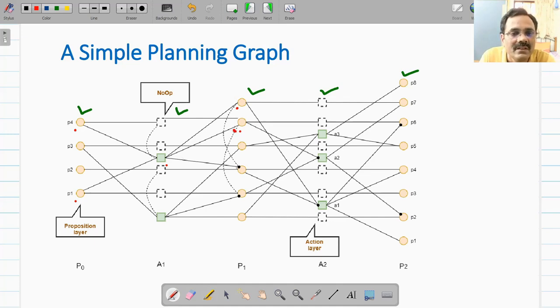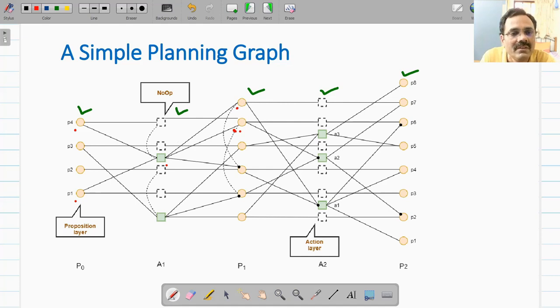And if there is a dot along with a solid line, that means this will be false after execution of this action. So two types of solid lines we have shown. One is from precondition to the action, which represents a precondition for that particular action, and another one is from action to the proposition, which represents effects, that after execution of this action, this proposition will be true.